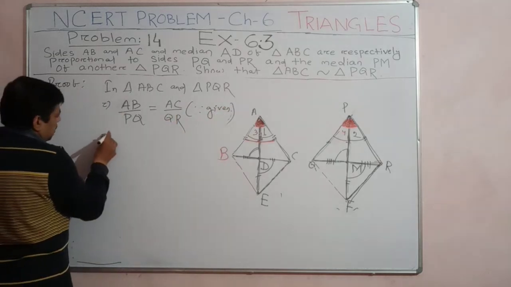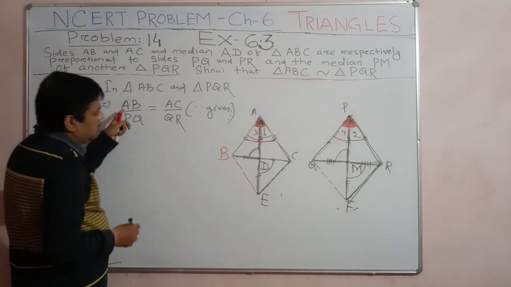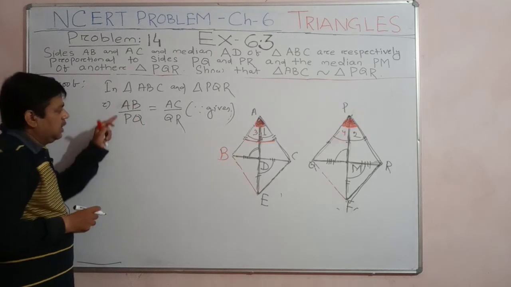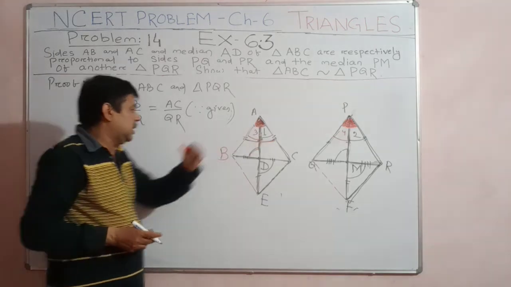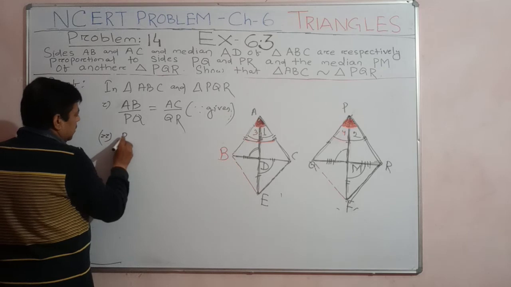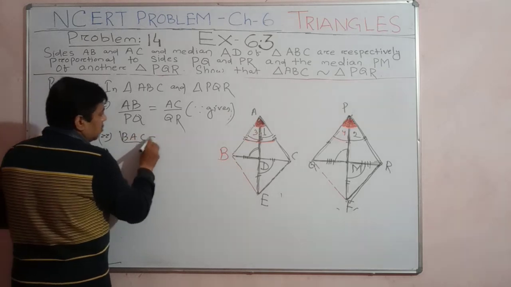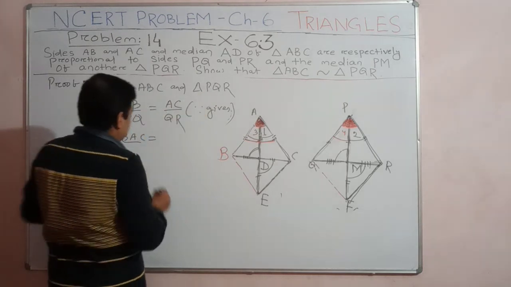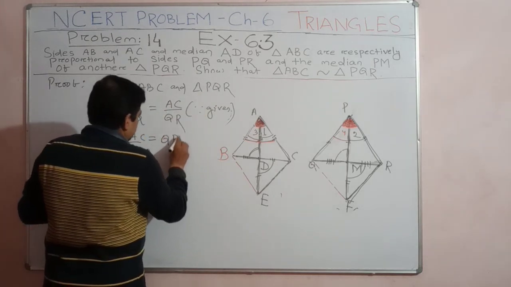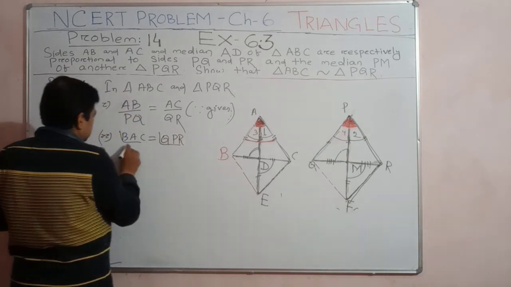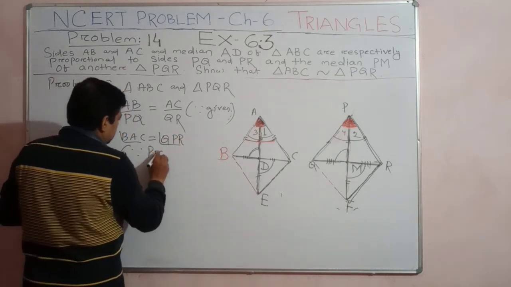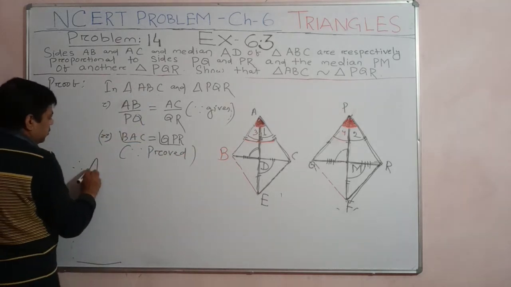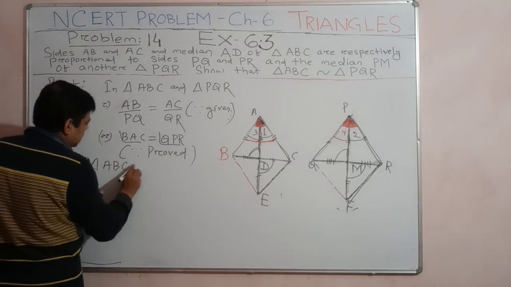And second point, we already proved it. Since the ratio of the two sides and their included angle, AB and AC, what is the included angle? Angle A means BAC angle. Again, BAC angle is equal to QPR angle. Already it is proved, we have already proved it in the previous equation. So triangle ABC is similar to triangle PQR